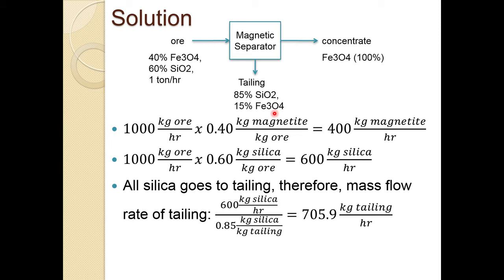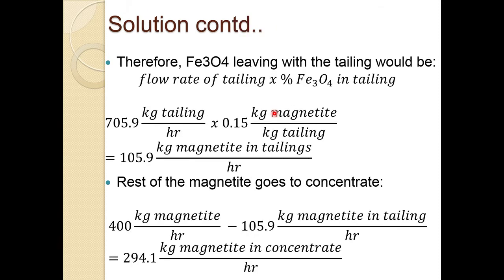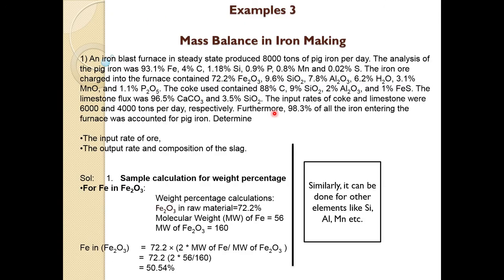So, these are a few simple examples I gave. Now, another example, a more realistic one, is related to iron making in the blast furnace, which we have talked about till now. The question is: an iron blast furnace in steady state produces 8,000 ton of pig iron per day. The analysis of the pig iron was